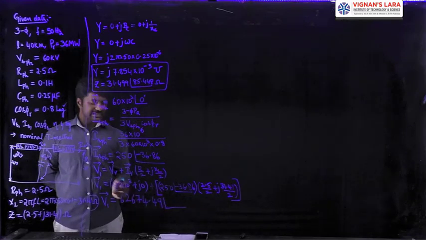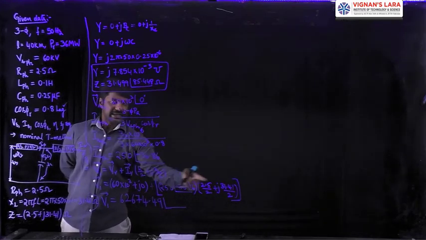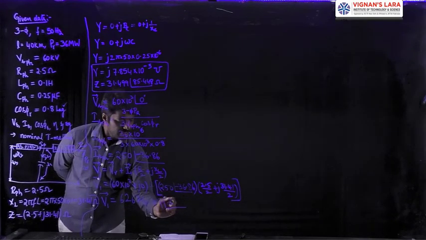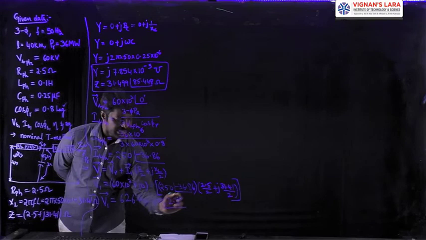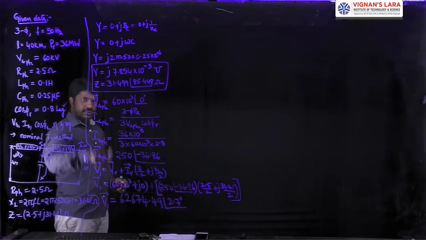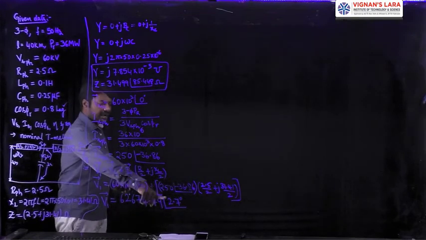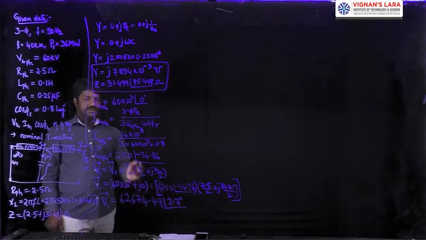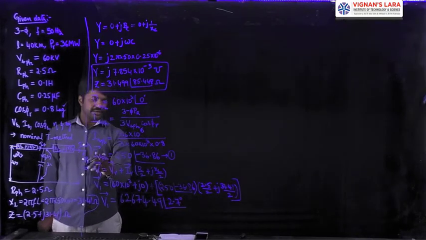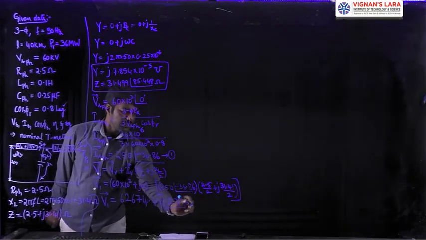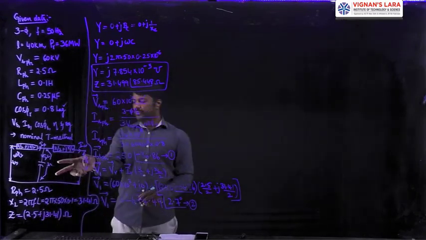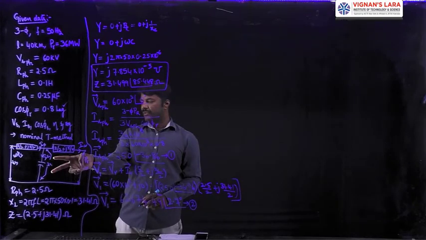How do we know that it is a leading phasor? If you calculate this entirely in the calculator, you will get a positive angle of 2.7 degrees. Then I can say that voltage V1 leads the reference VR by 2.7 degrees. So equation 1 is the current value IR. Equation 2 is the voltage value V1. So in our calculation we are here, up to getting the value of V1.